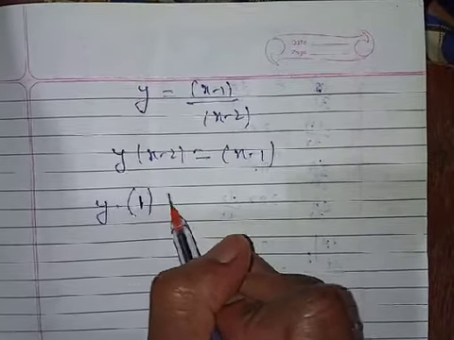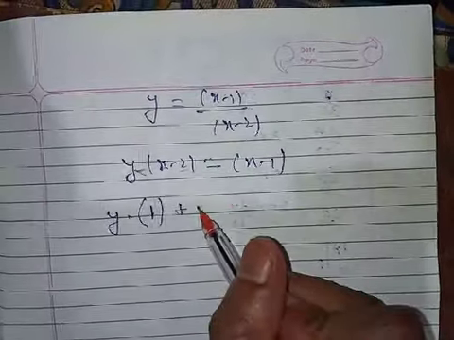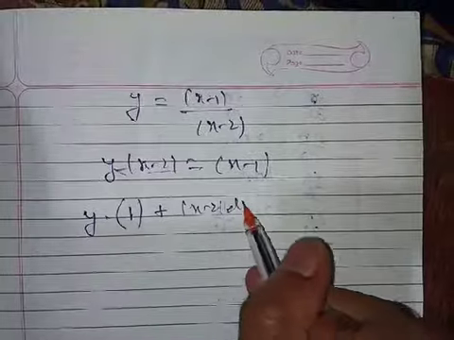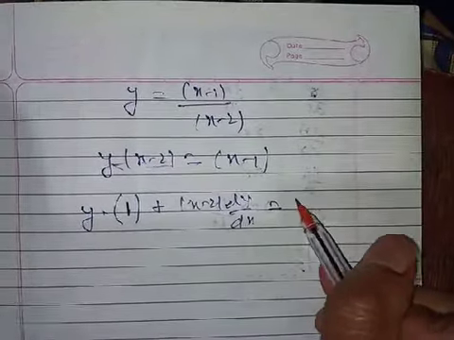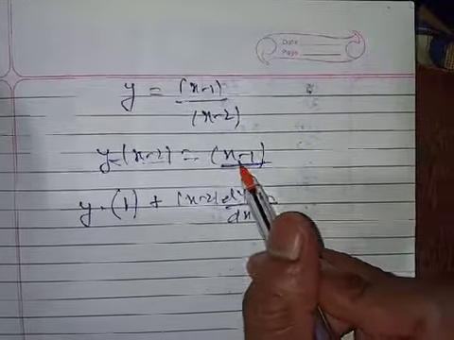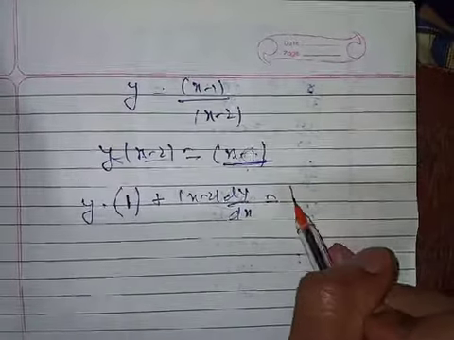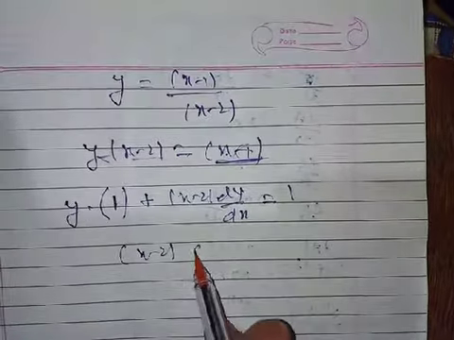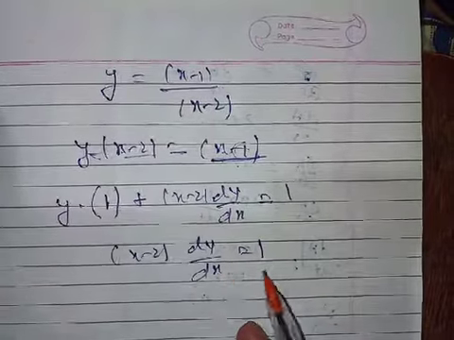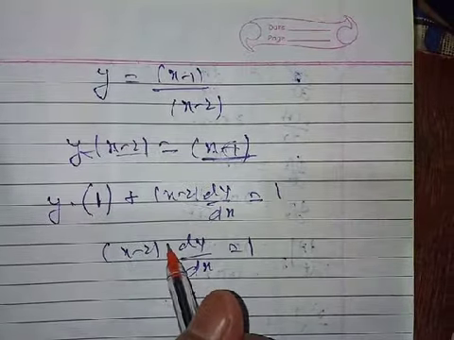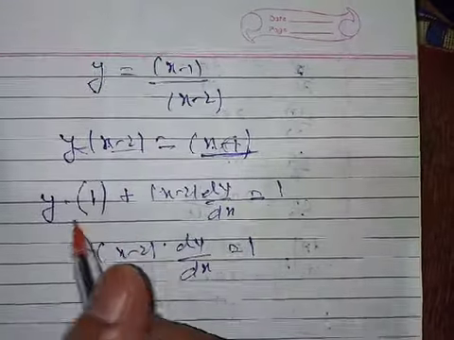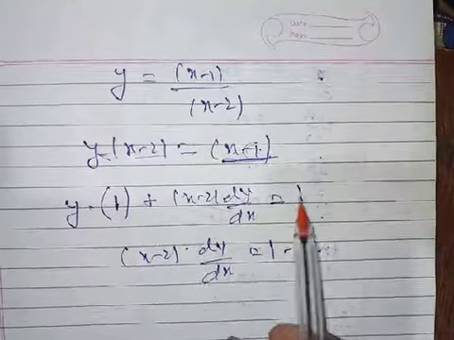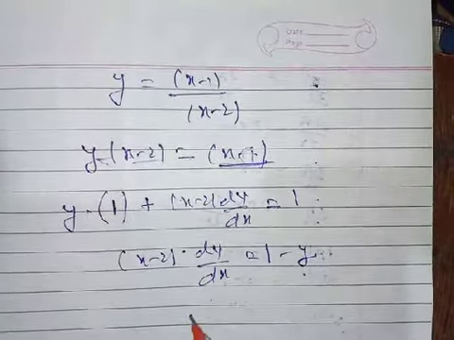So this is now plus, u into v form. Now what will we take? x minus 2 as a constant. Derivative of y, dy by dx is equal to, if we take derivative of this, what will become? Minus 1 is 0, 1, 1. So x minus 2 dy by dx is equal to 1. Sorry, it is a plus sign. It is a plus sign, so minus 2. This is y, then this will go on that side. So x minus 2 dy by dx. So what will we get for dy by dx?